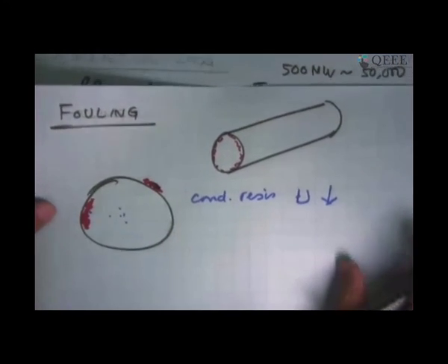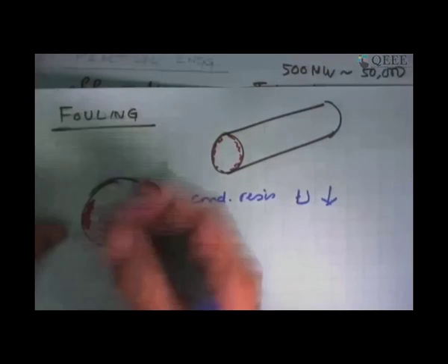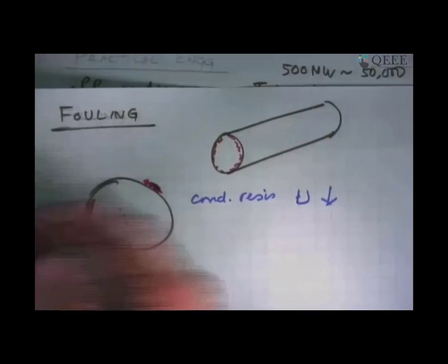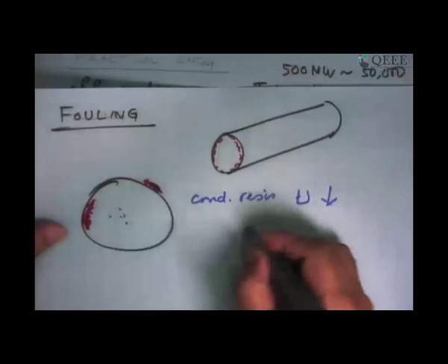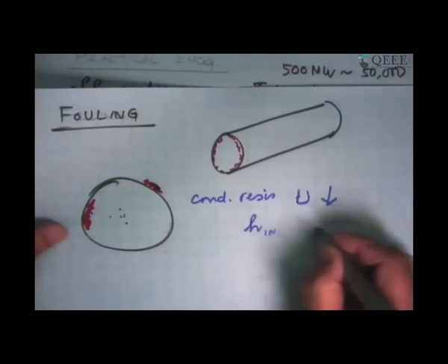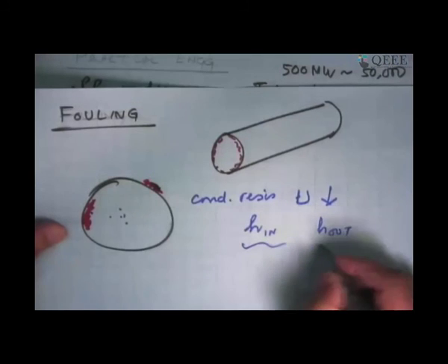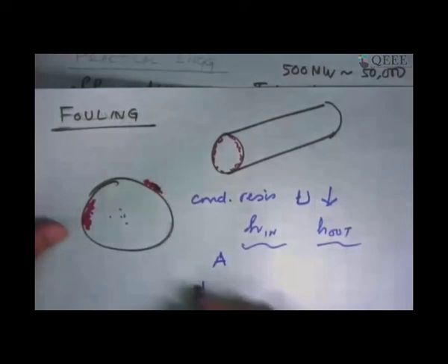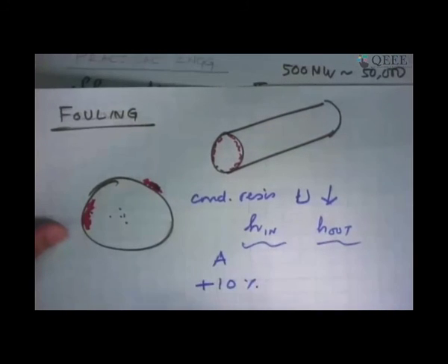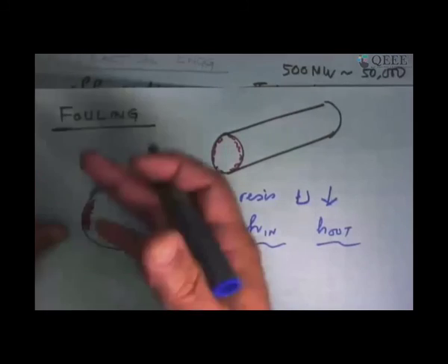This is a real issue, and the way we tackle it in heat transfer analysis is in the design of this equipment, we accept that there will be some fouling taking place based on experience, and so whatever heat transfer coefficient we've got on the inside or the outside, we build in a penalty in it by saying that we need that much area, but I will add 10% more or 20% more area because I know that today the new heat exchanger will be very good.